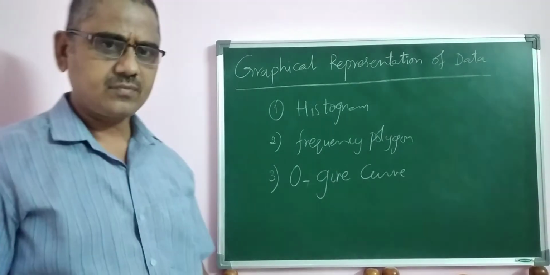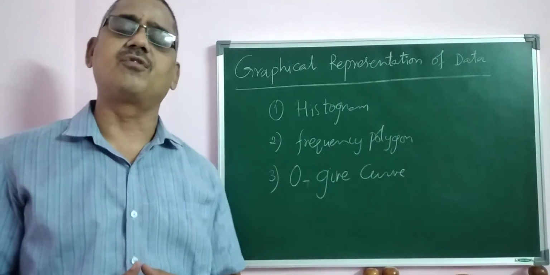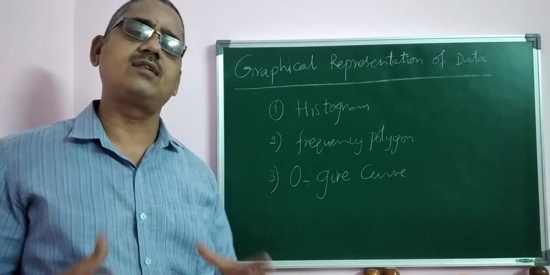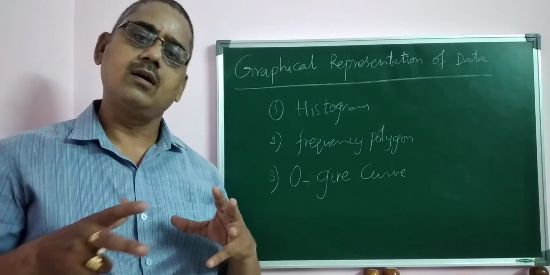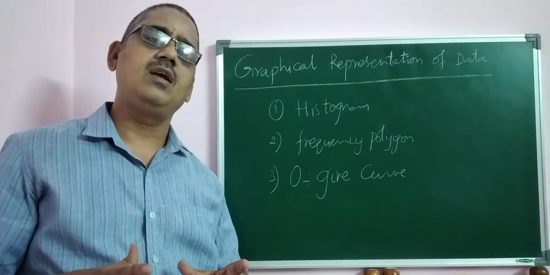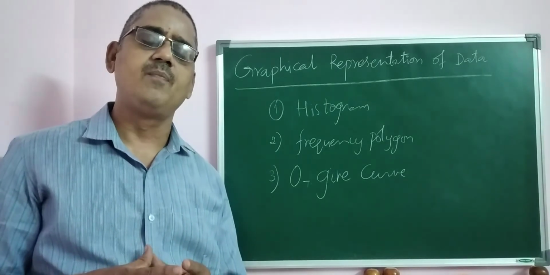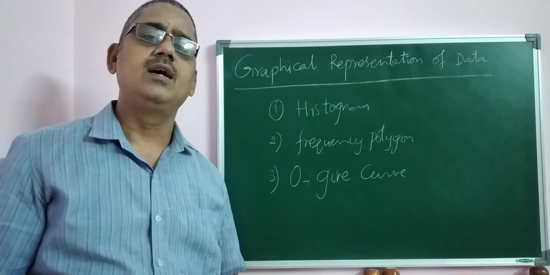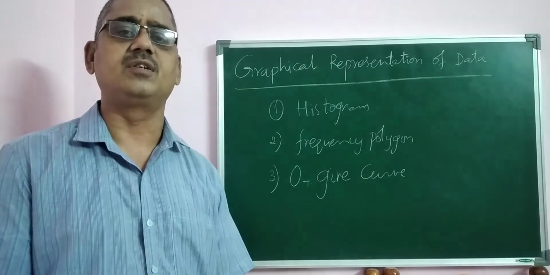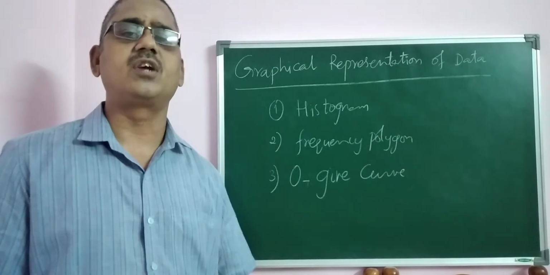So therefore, I explained the uses of histogram, frequency polygon and ogive curves. These are very interesting graphical representations which we can study by drawing with a suitable scale on the x-axis and y-axis, so that we can draw them very easily, and the representation can be studied with the help of these kinds of lines or curves.